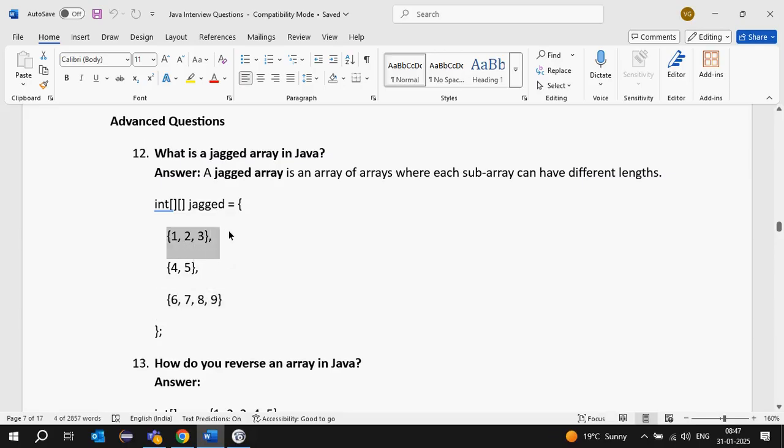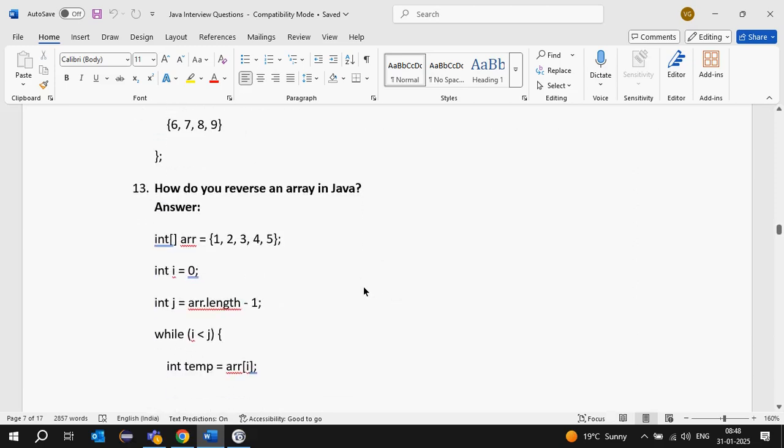Here how many columns? This one is 3, this is 2, this is 4. We can have different sizes of nested arrays. It is called a jagged array. A jagged array is an array of arrays, and sub-arrays can have different lengths.